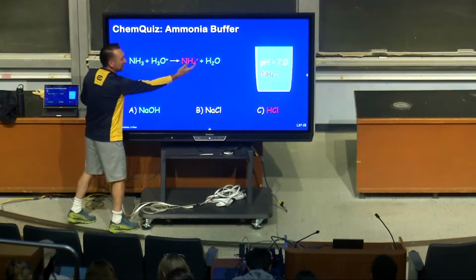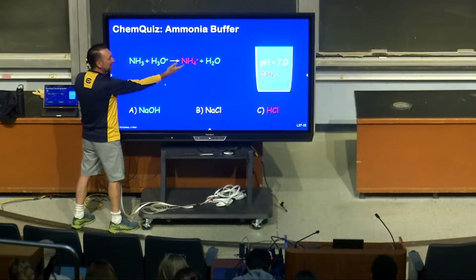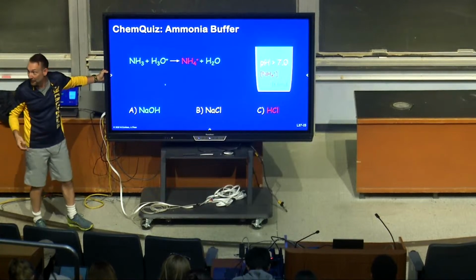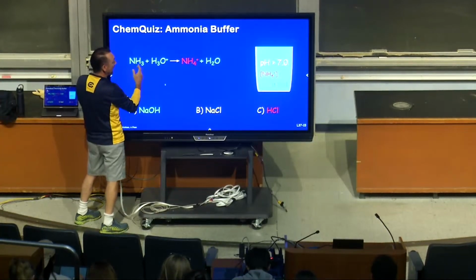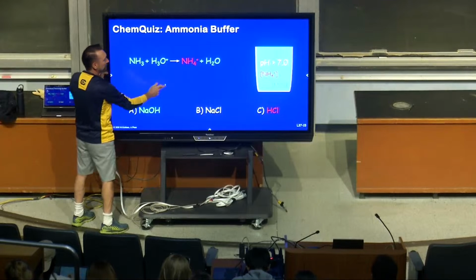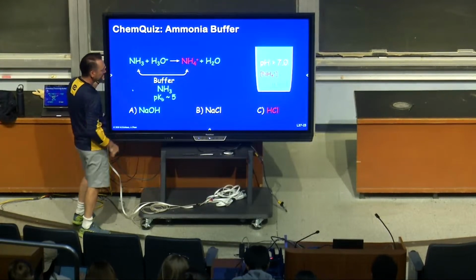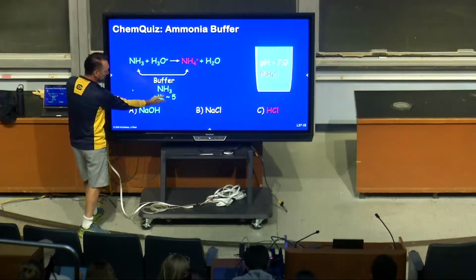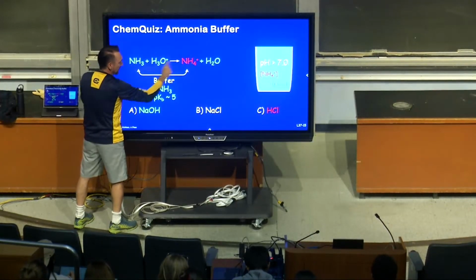So going in this direction, it's 10 to the minus 9 is the K, so the pKa is around 9. So that'll buffer around 9. All I have to do is get equal concentrations of those two chemicals, or those two forms. The pKb doesn't help you with the buffer, but that is the